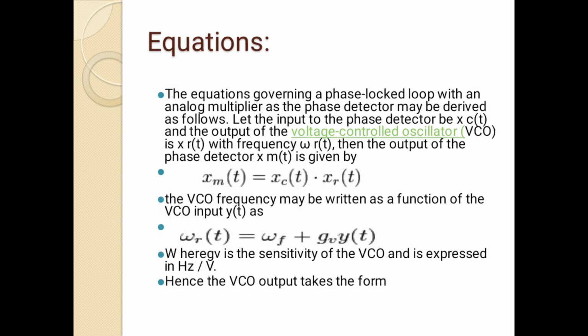The equations governing the phase shift are analogous to the multiplier. The phase detector may be derived as follows. Let the input of the phase detector be x_c(t) and the output of the VCO be v_o(t). If the input is x_r(t), with frequency omega_r t, then the output of the detector x_m(t) is given by x_m(t) is equal to x_c(t) times x_r(t). Hence the VCO output takes the form